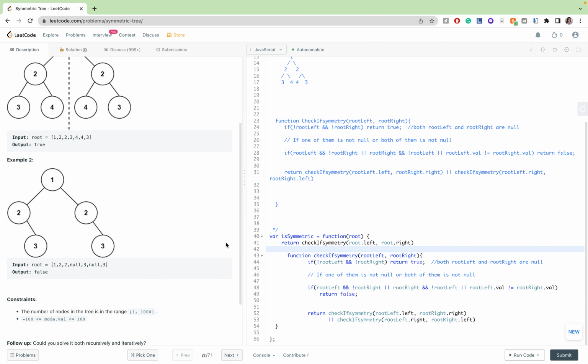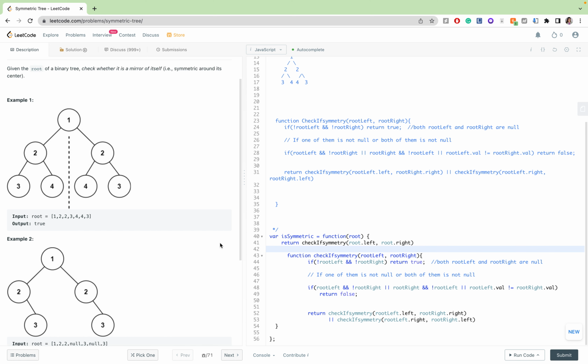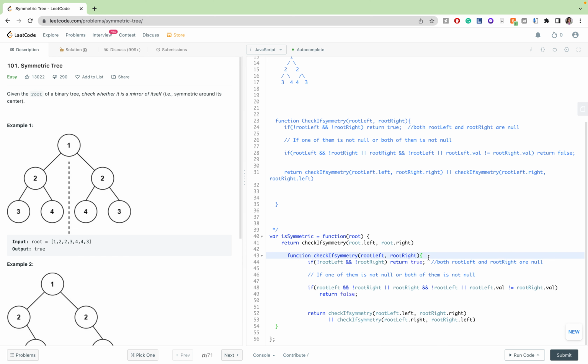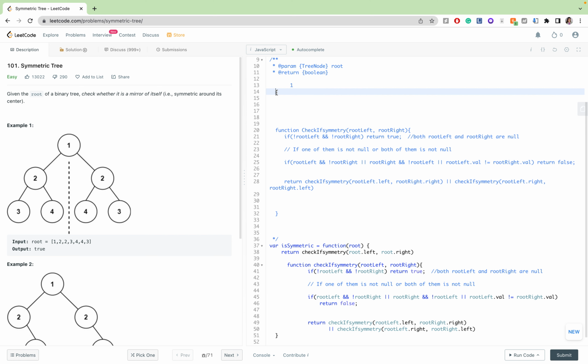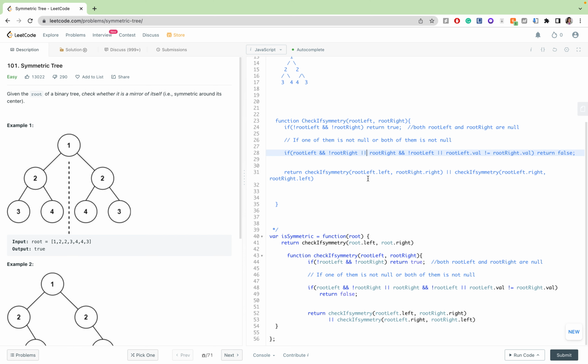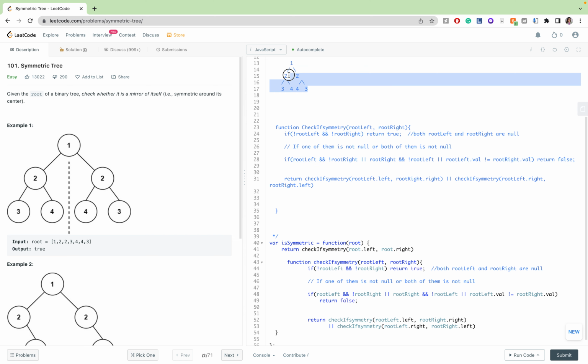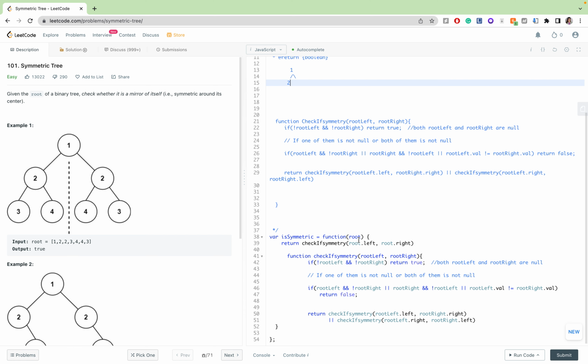So root dot left will always return something. And yeah, I think this should work. So first of all, we are looking at root dot left and root dot right. We are passing it, and if both are null, then it will return true immediately, right? So if this is the case, if there is just one, then it is a symmetric tree. But if one of them is not null, like if it was like this,